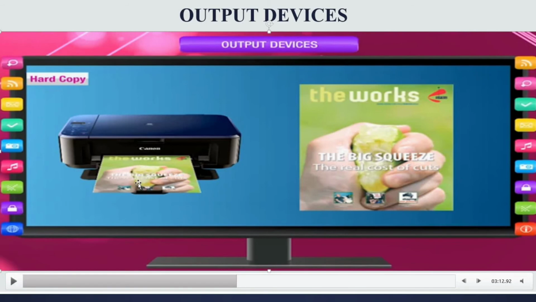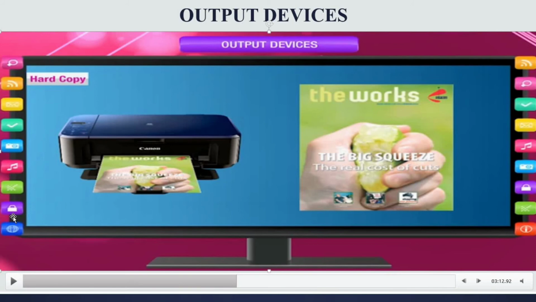First of all, we have to design it in the computer, right? After designing and coloring, we can print on the paper. We have a blank white paper, and we can print using the printer.